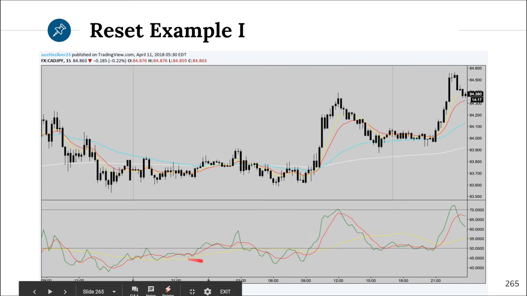So we want to avoid trading it here and try to trade it maybe the next day if it fits the parameters. But avoid trading when the liquid 50 gets this close to the stationary 50. It's very important. Please listen to me. Avoid trading when the liquid 50 gets this close to the stationary 50. Just let it go.